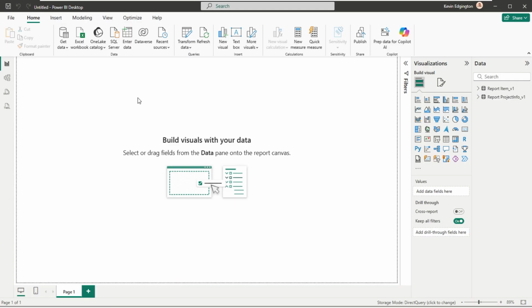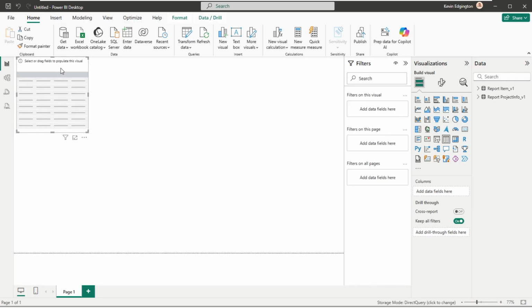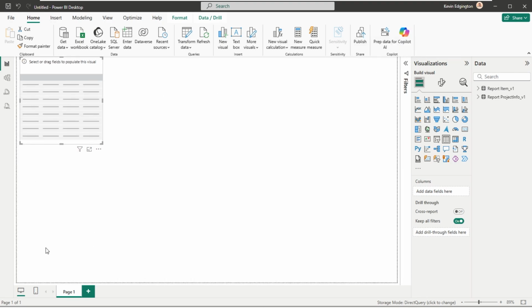So the first thing that I want to do is build that little grid that we had that just had all the line items of every single estimate. So that's called a table. So I'm going to come down here to the one that says table. And when I click on it, it's going to basically drop that table in my view. In my case, I'm not going to use filters. I'm going to let it filter off of everything from the other slicers and things like that. So I'm just going to get that out of the way for the moment.